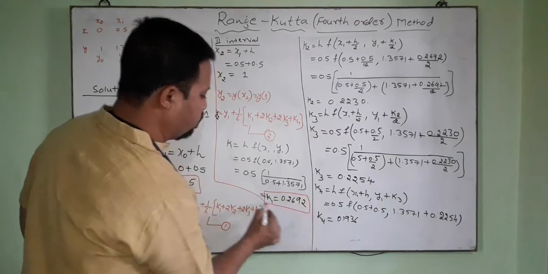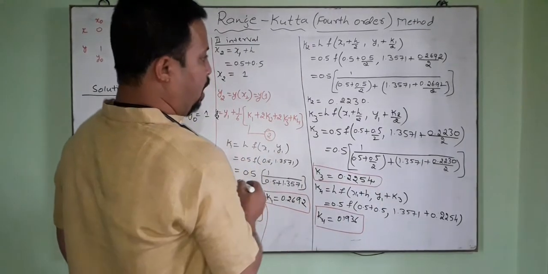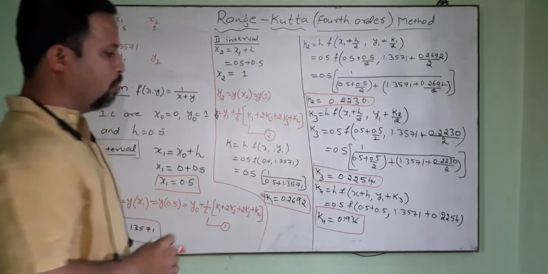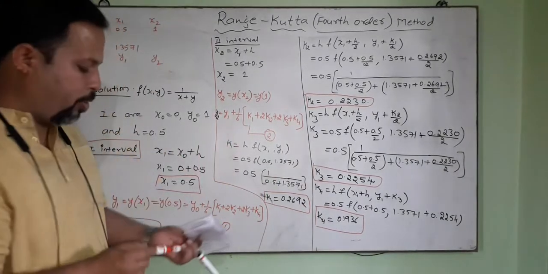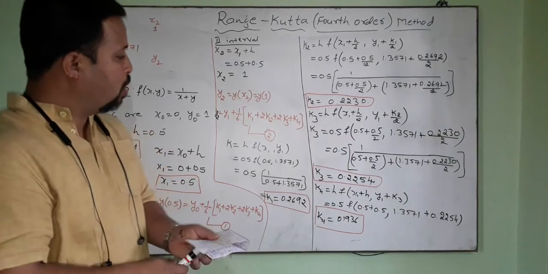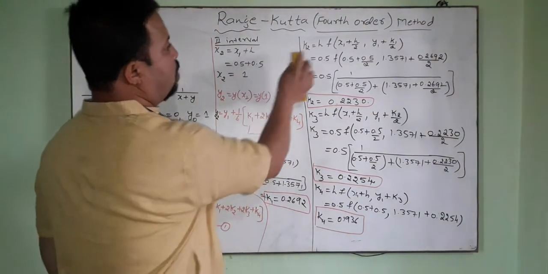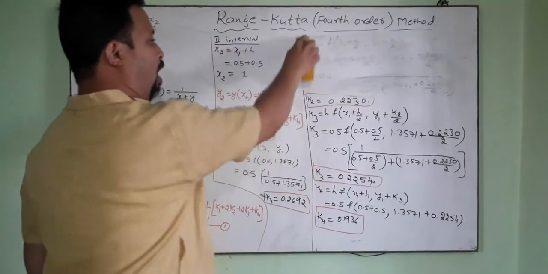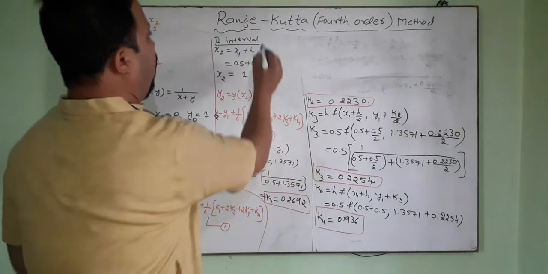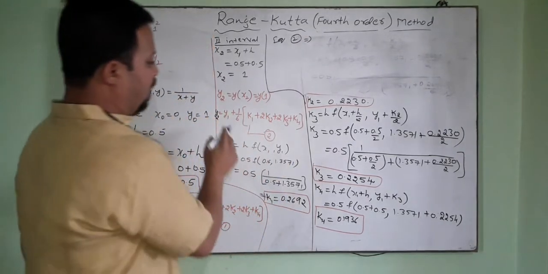K1 is here, K2 is here, K4 is here, K3 is here, sorry, and K2 is here. Now I have got k1, k2, k3, k4. Now I will substitute all these values in equation number 2. At the point x2, I will get the value of y2 by equation number 2. So y2 is given by, equation number 2 implies, y2 is equal to